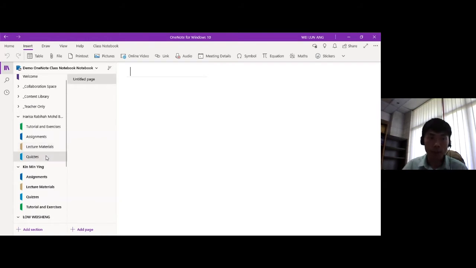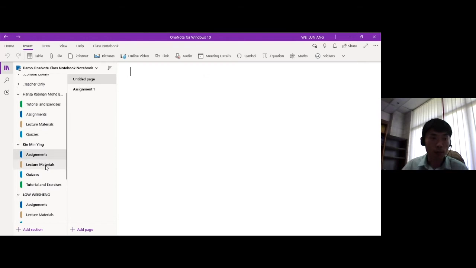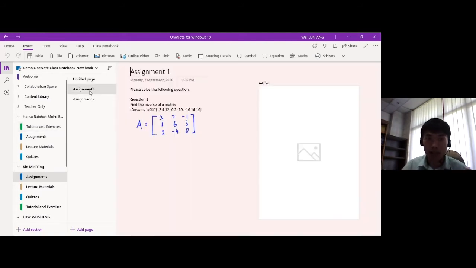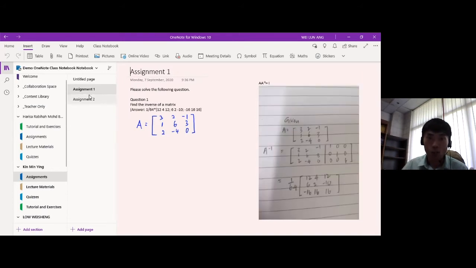Okay, so the good thing about OneNote is that I can access the students' notebooks, so I will be able to know whether the students have worked on their assignments or not. Sometimes we want the students to do some home practice, but we don't have a platform to monitor whether they have done their work or their own learning.